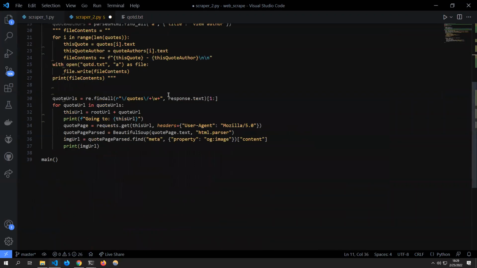So with that in mind, we now have this function done. So I'm going to do